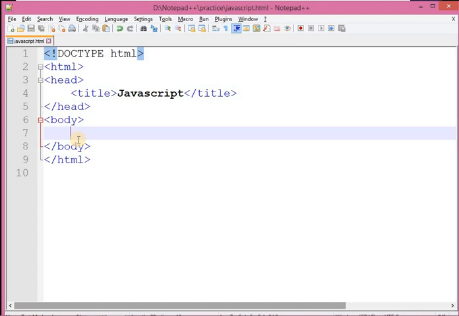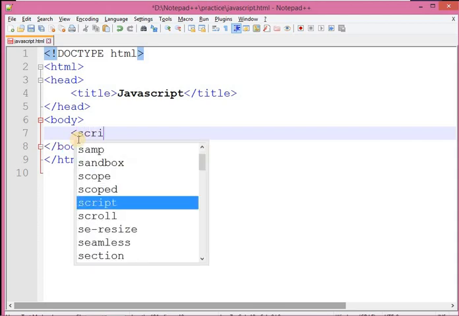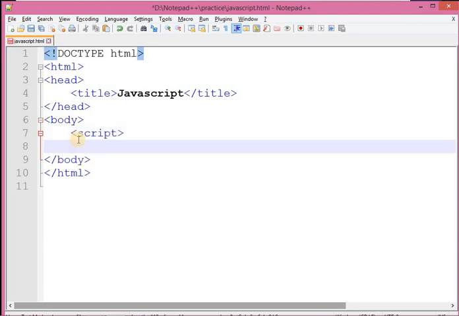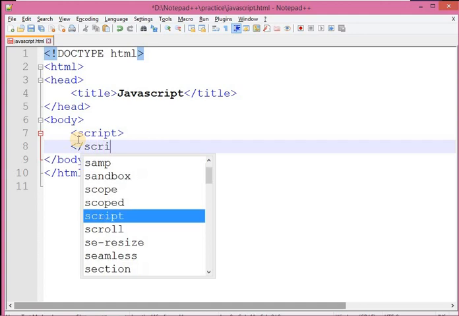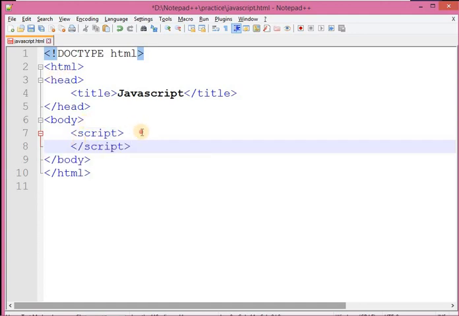So how can I use it? First of all, I am writing JavaScript, so I have to use the script tag and complete it. Now within this script tag, first of all I want to write